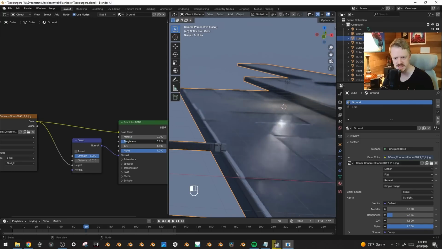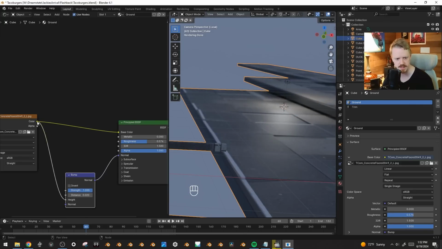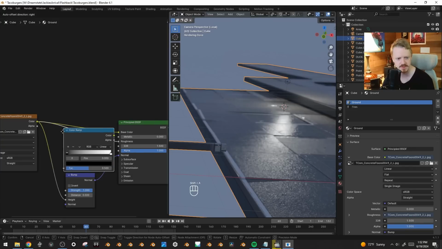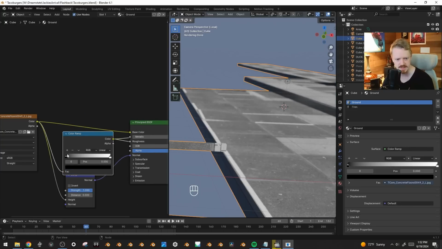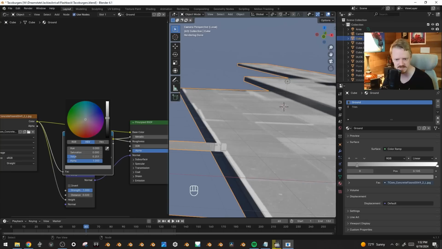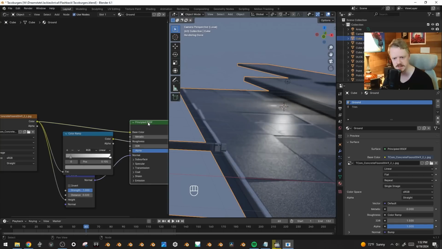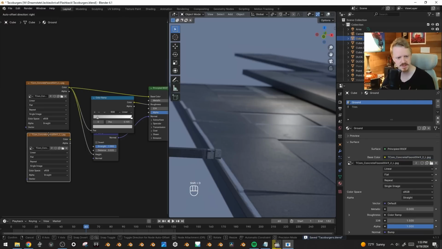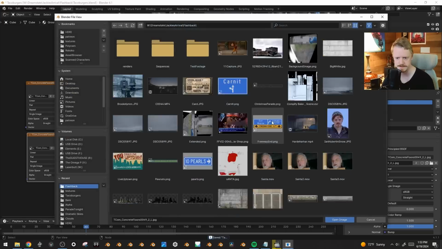Maybe just to see how it works, I'm going to drag the color into the roughness. And that's a little bit too intense, but if I put it through a color ramp here and dial some stuff in, this will be the darkest it can get, but I'm going to change that so it's not black. It's more of just kind of a light gray. Maybe a little bit. And that's kind of okay, but here, I'm going to duplicate this,